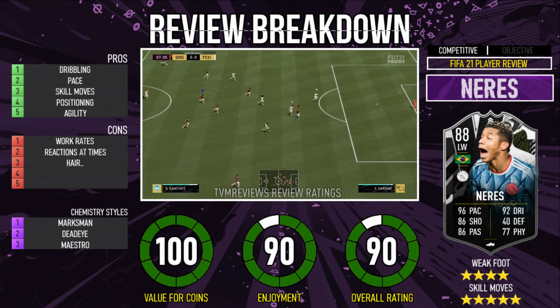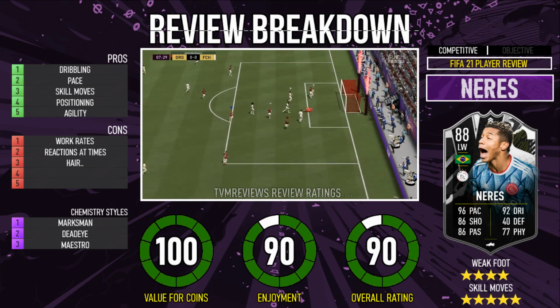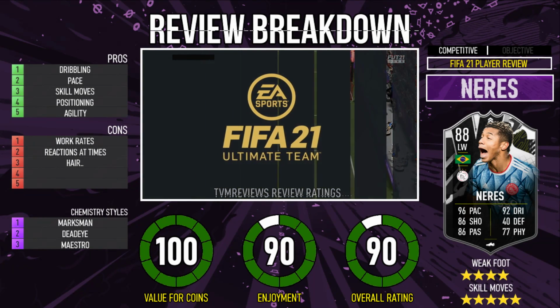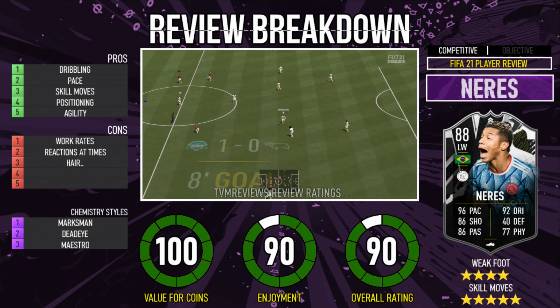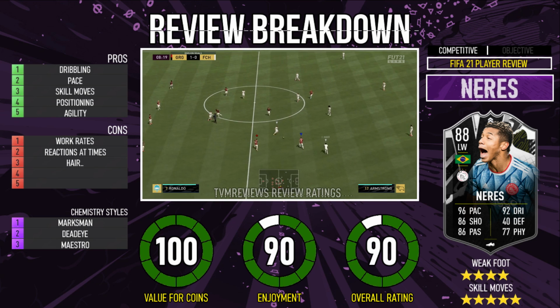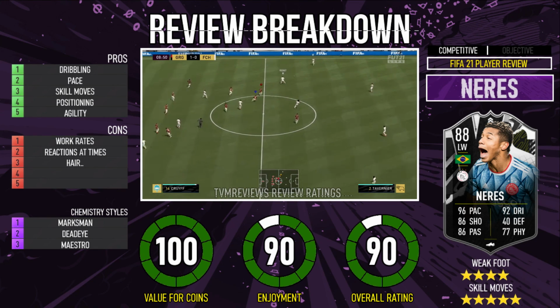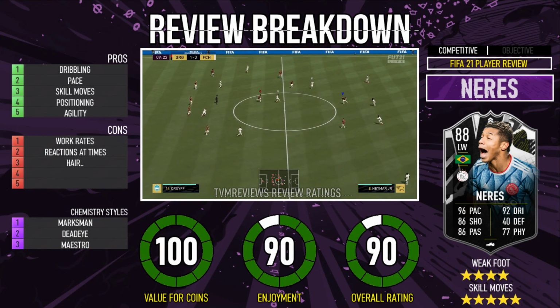Reactions, I'd written reactions at times because every now and again, it's not often, but every now and again he just feels a little bit stuck, like he won't move quick enough. You could attribute that to gameplay, server connection, me being crap, and I'll take it on board and that's fine. But just bear in mind that I feel every now and again, not often, maybe once every 10 or 15 dribbles, he wouldn't react as fast as I want him to react,